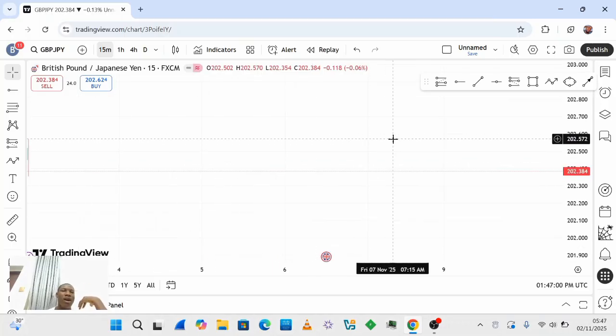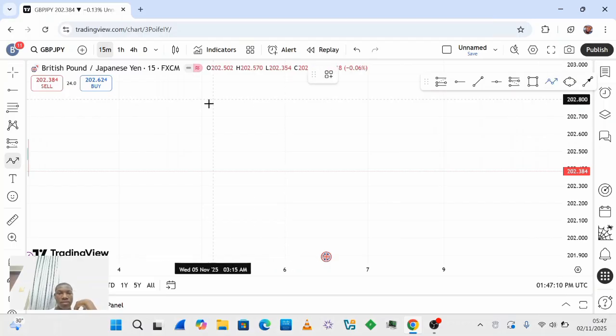I know some of you might be asking how I know the structure. So I'm going to talk about the structure now, on how I do my structure things. So this structure now,